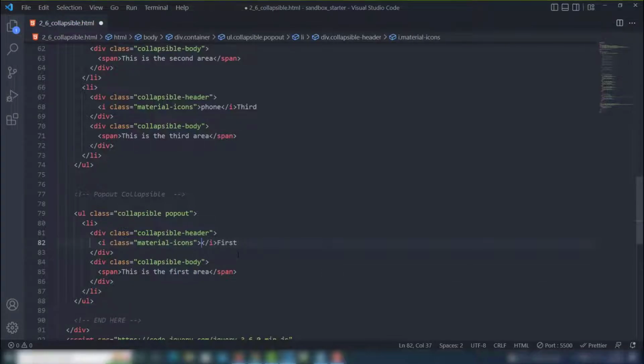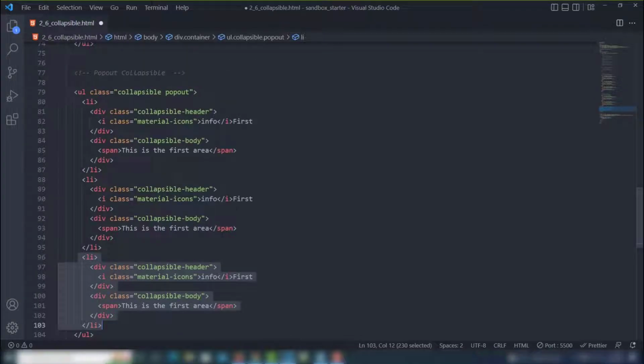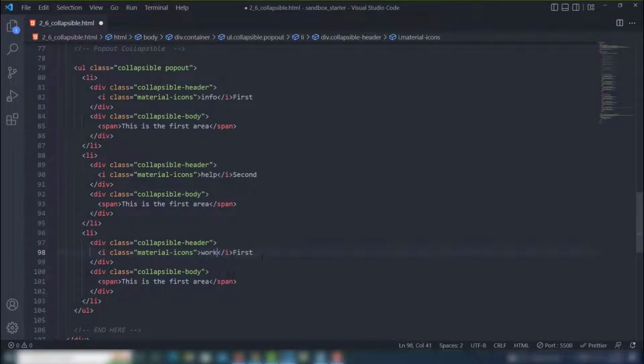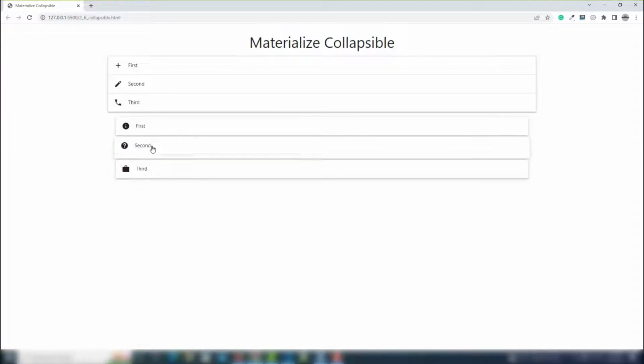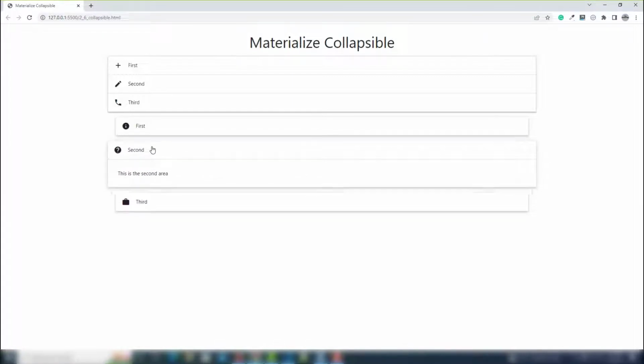I'm going to use the names of the info, right? And this is the second. I'm going to use help, and what's next, and for the third one I'm going to use work, right? So this will be third, second. So let's see. When I click on that, as you can see, this is called popout